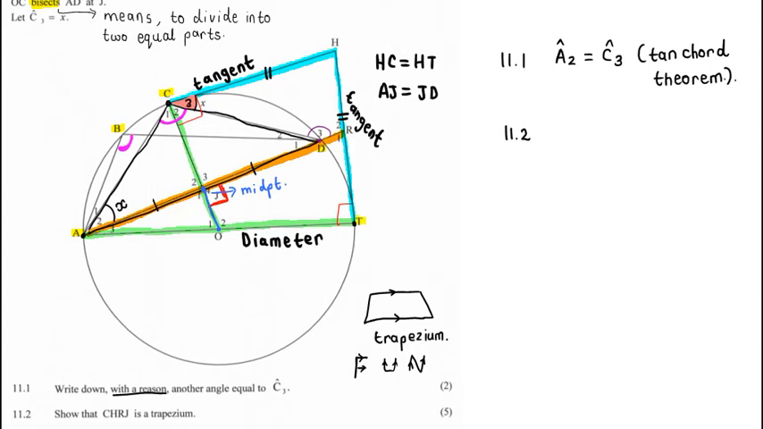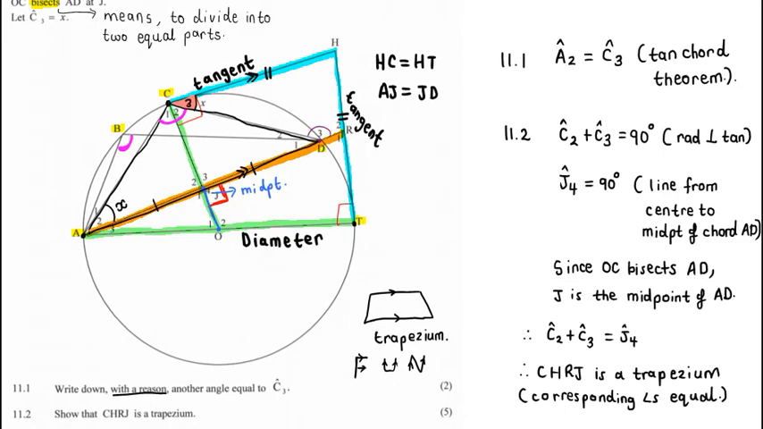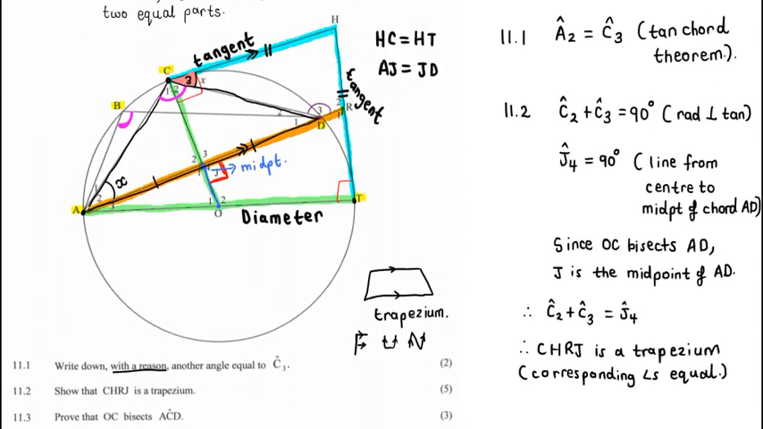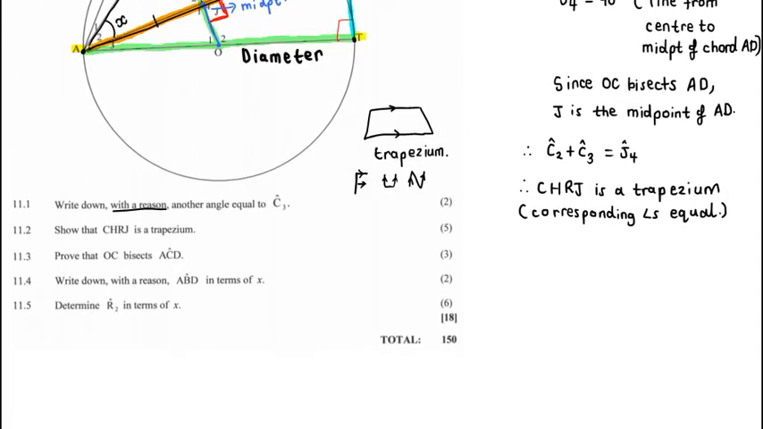Okay, so thus we've then proved that HC is parallel to DJ, which makes that figure a trapezium. So all we need to do now is just write that down. Let's see now what else. Question